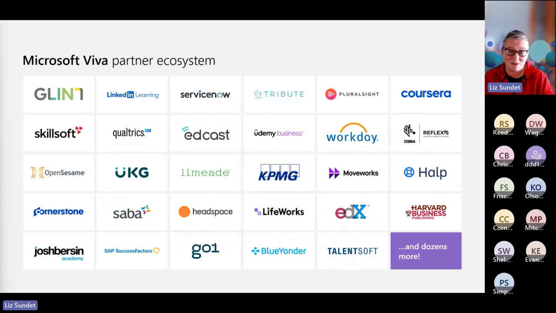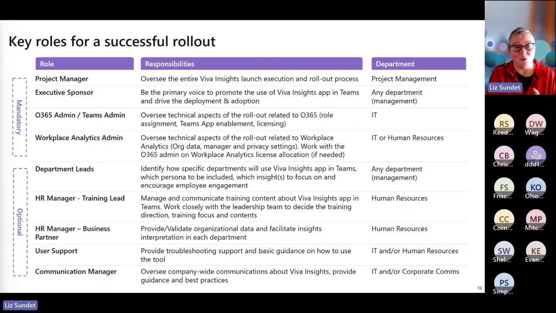We want to extend those investments by better connecting them together and then making them more available in that modern experience. So over the past year, we've announced lots of different partnerships with those industry leading professionals and so many more that are in the works. Believe me, lots and lots more that are in the works. Wanted to talk a little bit about some of those successful rollouts and what that really means, and working with customers and partners and